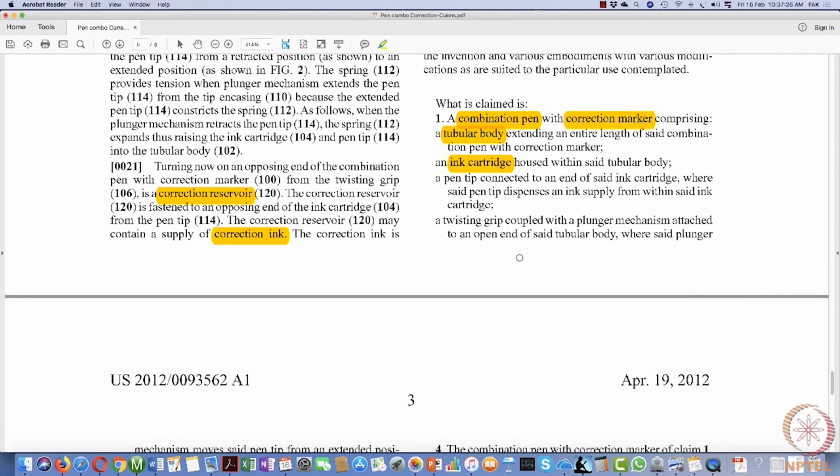Now what we need to understand here is, once an element, the tubular body, is recited, when the next element, the ink cartridge, is recited, there is always a connection to what was recited before, because that is how we get what we call a logical structure. So the ink cartridge is housed within the tubular body. And what is a tubular body? What you recited in the earlier clause. A tubular body extends to the